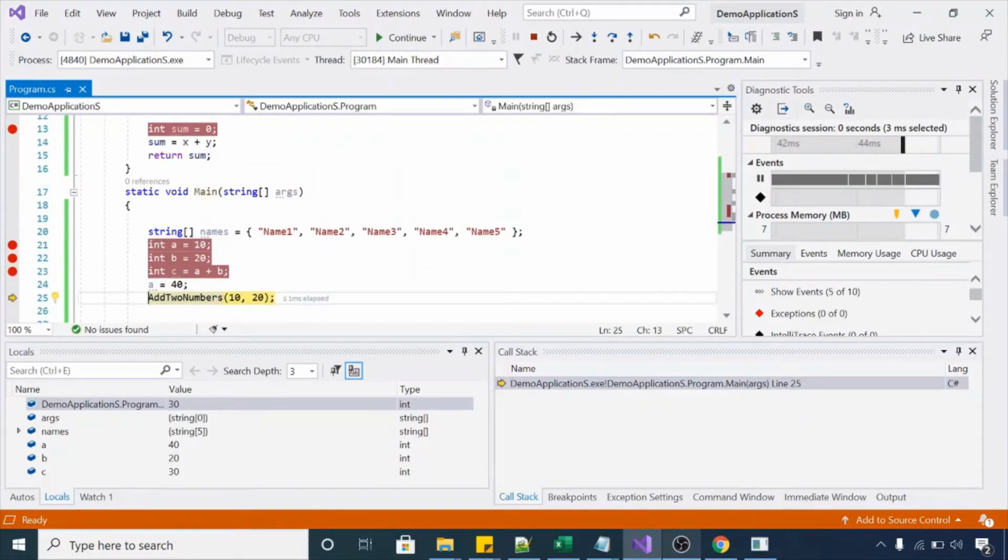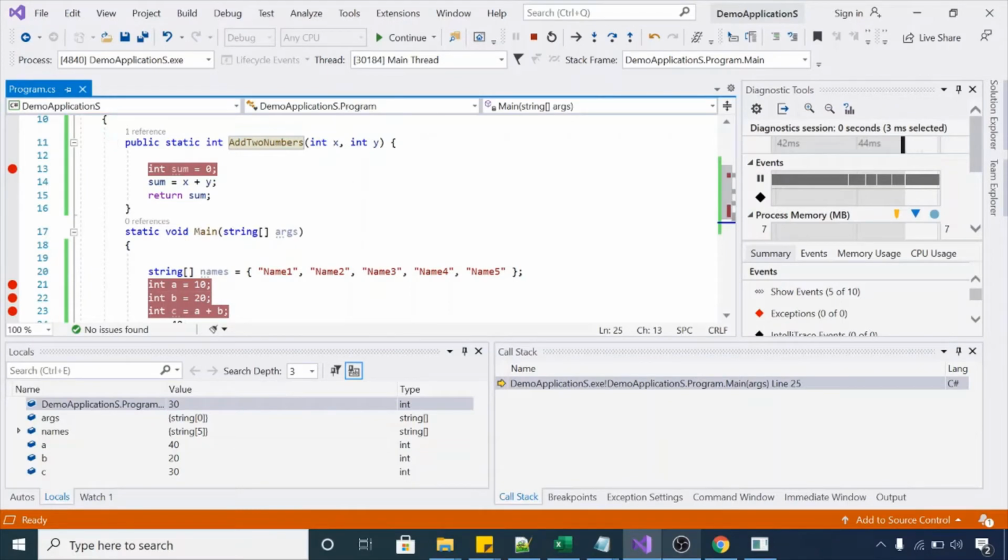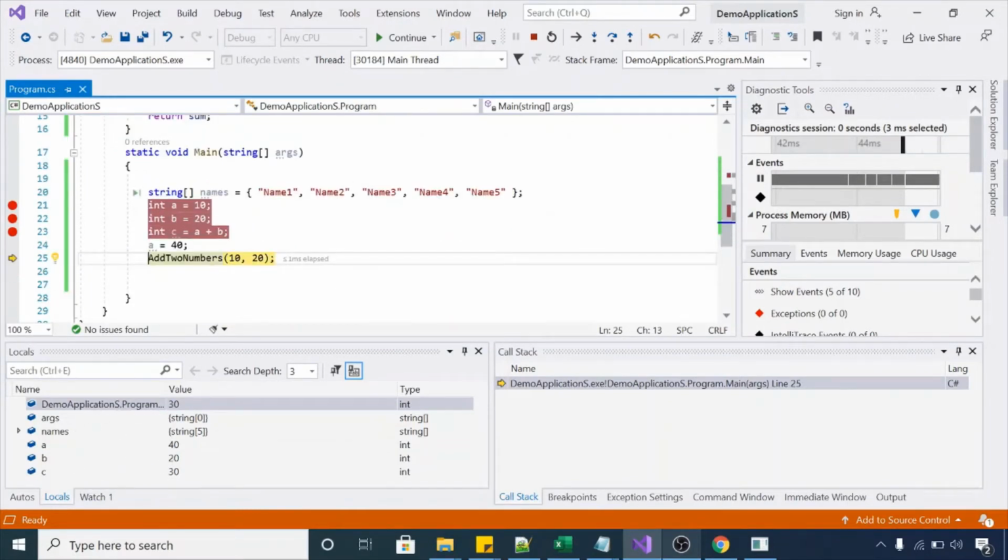Now see that we are not having x, y, sum in the local window, and we are getting all the variables of the main method again: args, names, and a, b, c. This is called the scope of your function or method. The local window will only list those variables which are in the current scope of your method or function.